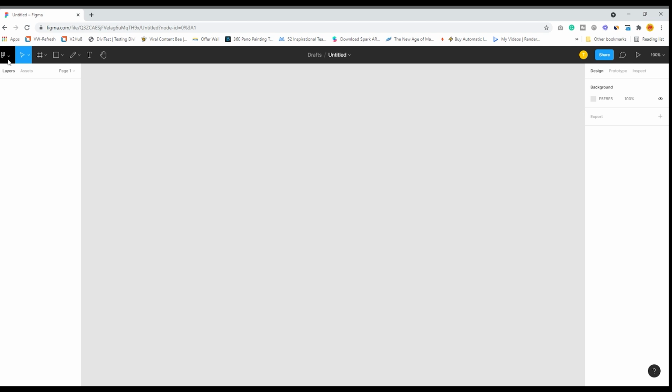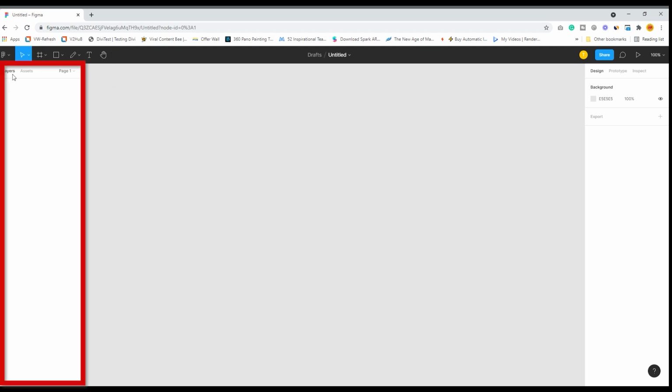So the left hand side of the interface is actually where you use the tools. The left strip that you see in the absolute left side of the interface is where the layers actually get created. If you have some common assets for a particular project, those things also come in the assets section, and if you are adding pages, that also reflects over here.